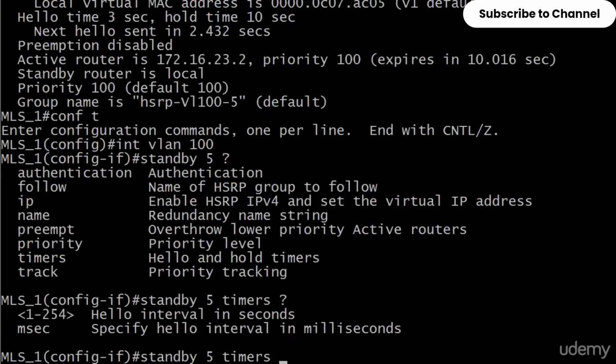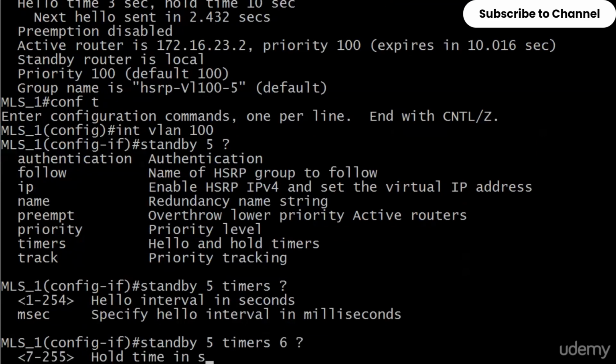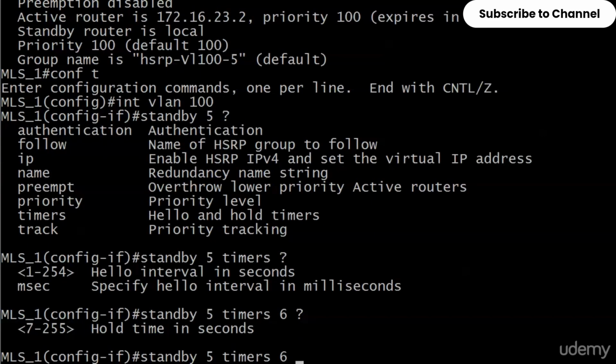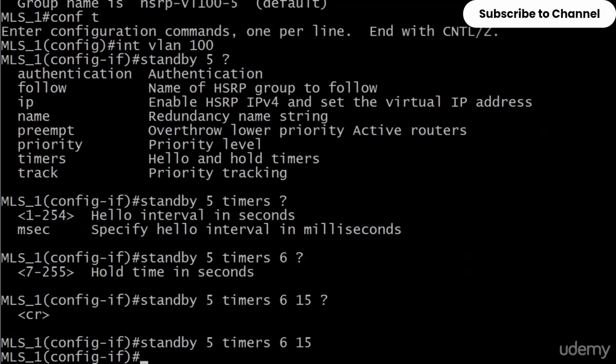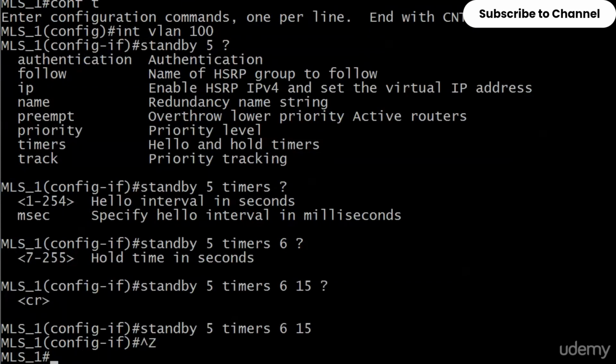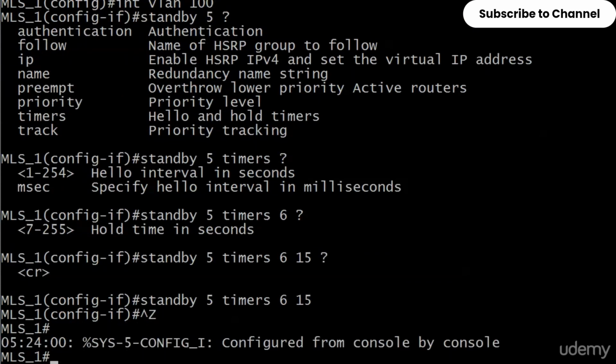What I would do here, let's say we want to double that, and then you've got to enter a hold time, even if you're going to keep the 10-second hold time. Notice that we do not have a CR here, so you've got to put it there. We'll go with 15 seconds here, just pulling a rabbit out of my hat. So standby 5, timer 6 15 means we've reset our timers to 6 seconds for the hello time and 15 seconds